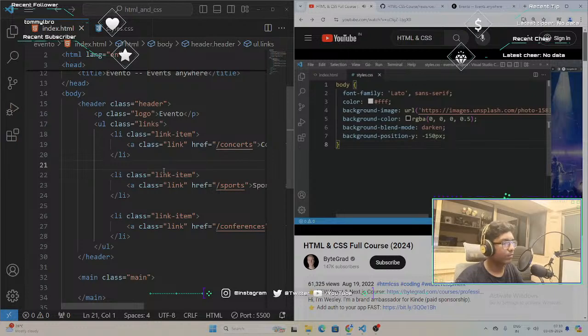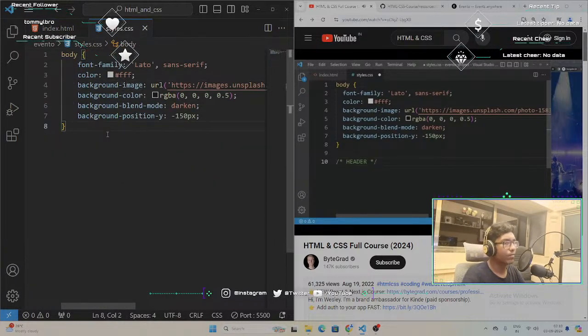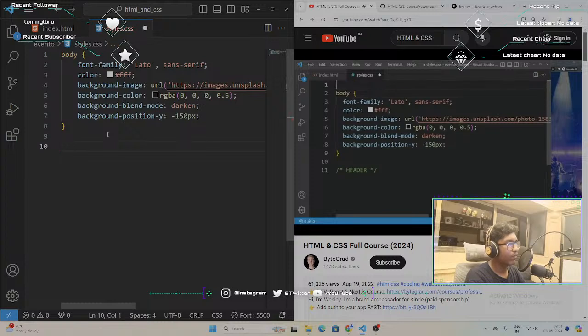Now, I like to add some comments, actually. We haven't talked about comments yet, but what you can do is you can say /*, and then in all caps, HEADER, */. This is a comment, right? So the browser won't do anything with this, but I like to add comments here to add a little bit of structure in the CSS. Also here at the top, I like to add a comment here,